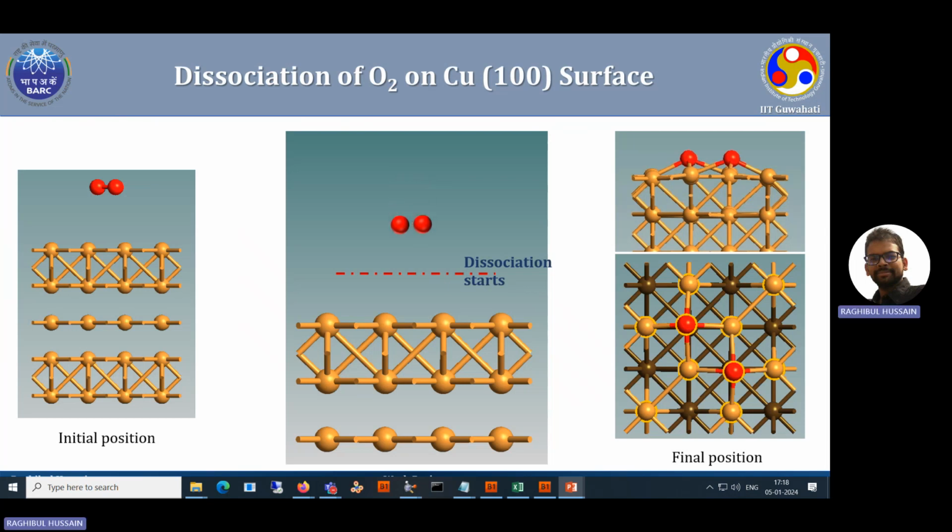Yeah. So it is coming, and after elongation at a certain level, it is getting dissociated and sitting on the surface. It cannot go inside the surface, right? Because if it is going inside, it has more positive interaction with the molecules, so it has some repulsion. So based upon the stability, it is sitting on the surface. You can see the final position, top and side view after the dissociation,